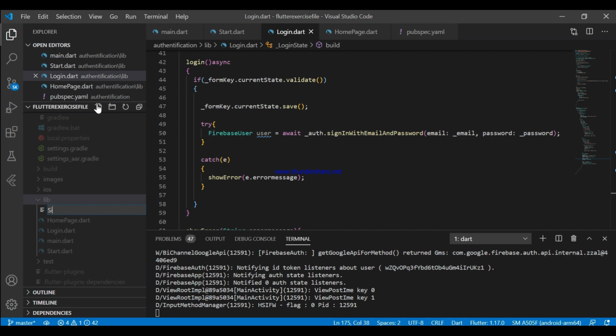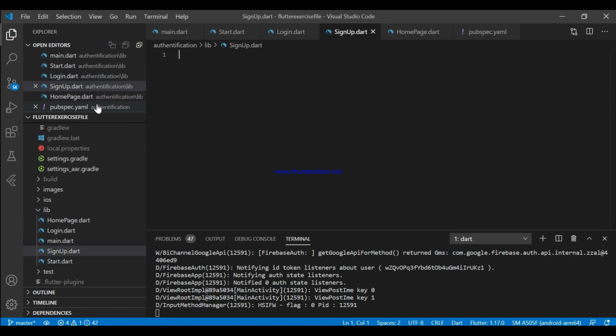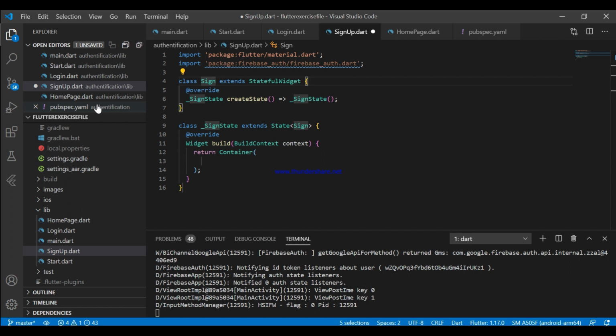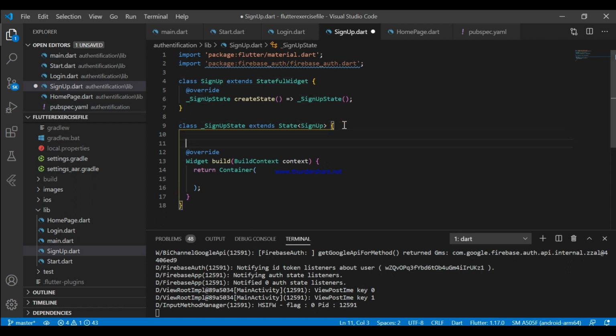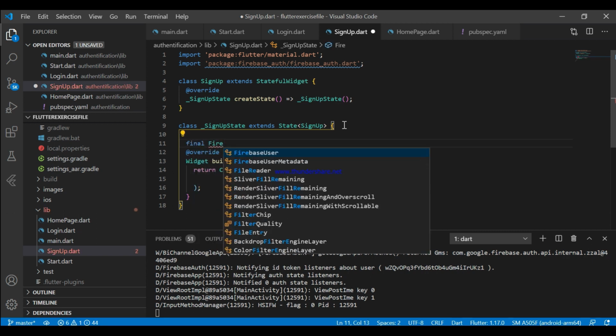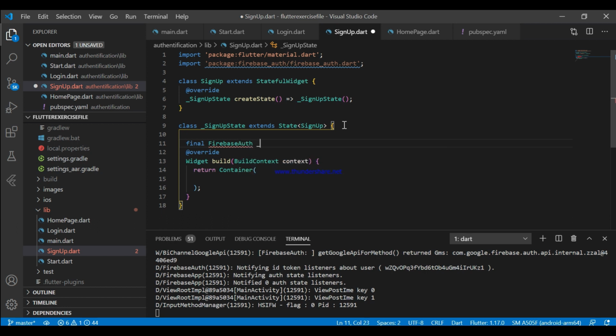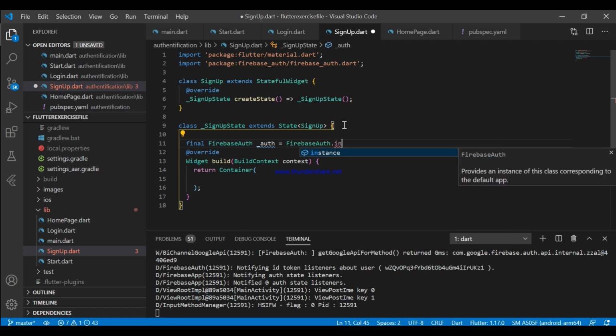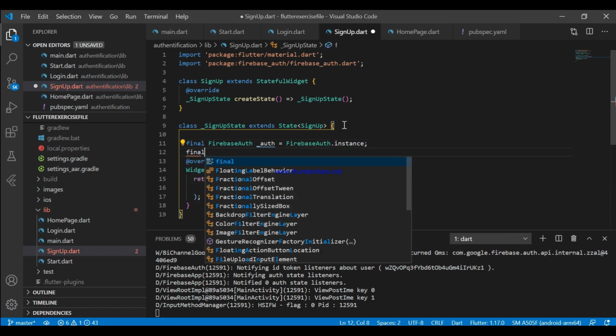Now let's move towards the sign up screen. Again we need to initialize the instance of Firebase auth for the sign up page as well, and we need a global key also, because in this sign up page we are also dealing with forms.